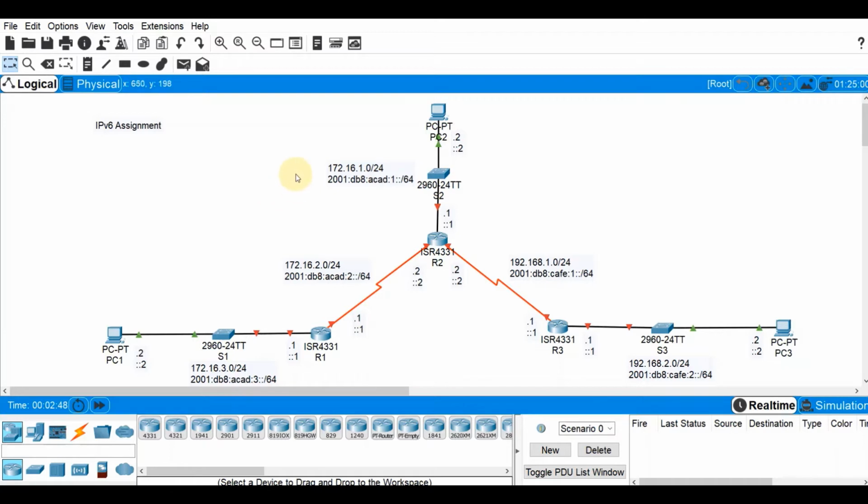Okay, so this would be our topology for this video demo. And we are going to start with identifying the IPv6 network address assigned to this topology here. Starting with R1, R1 uses 2001:DB8:ACAD:3::/64 for the LAN network. And between R1 and R2, it uses 2001:DB8: